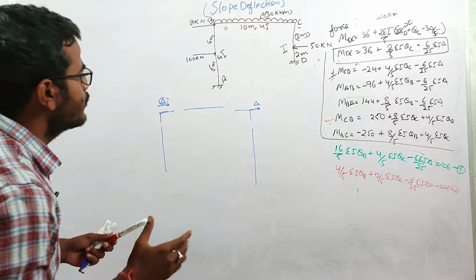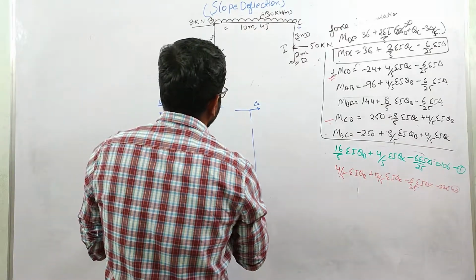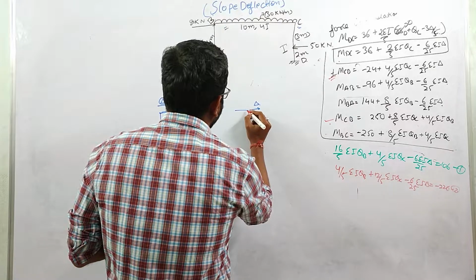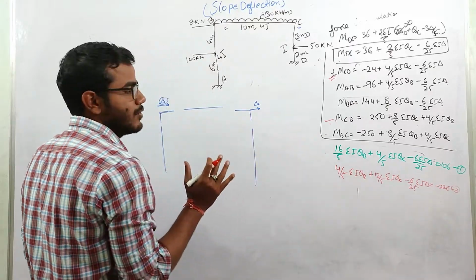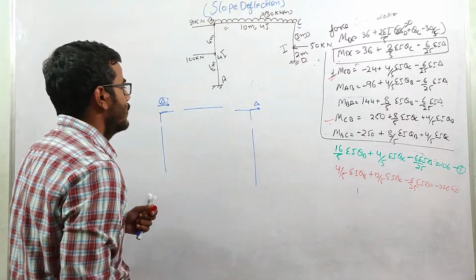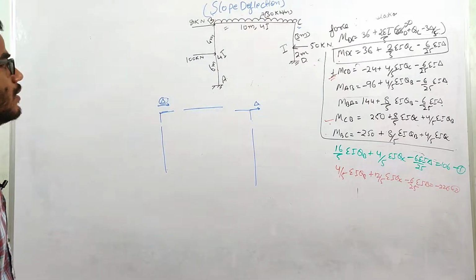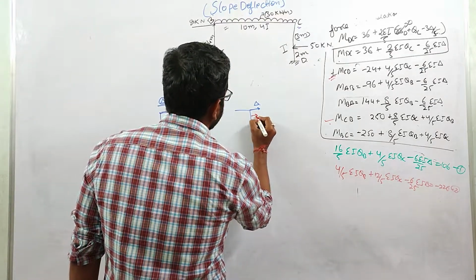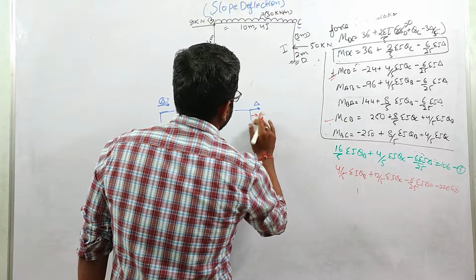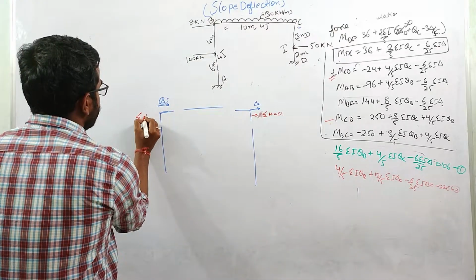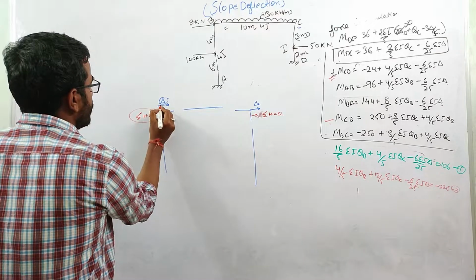So corresponding to the theta, what we did over there, we consider the equilibrium of joints in terms of moment, or you can say that summation M at this point should be 0. Now for this horizontal displacement, I will be having this equation like summation H will be 0 for this joint and summation H will be 0 for this joint corresponding to this delta.